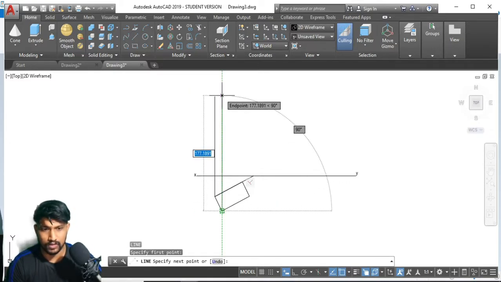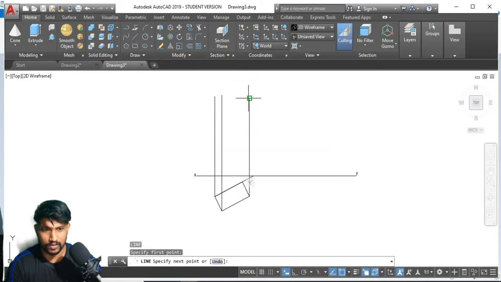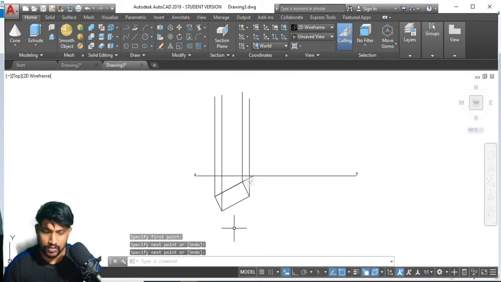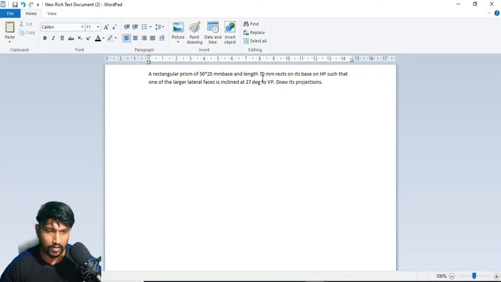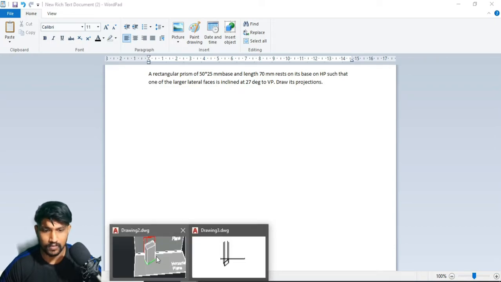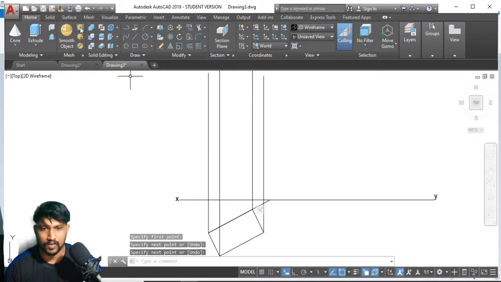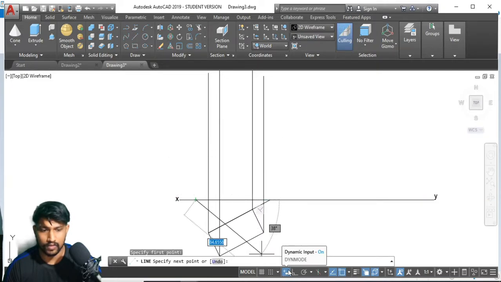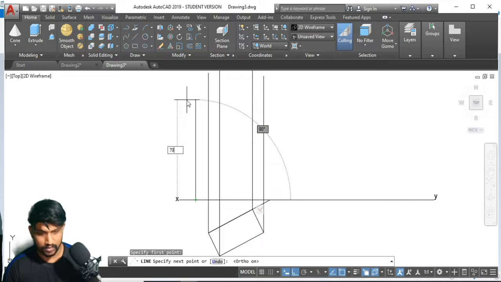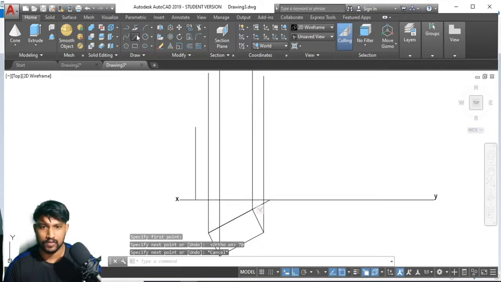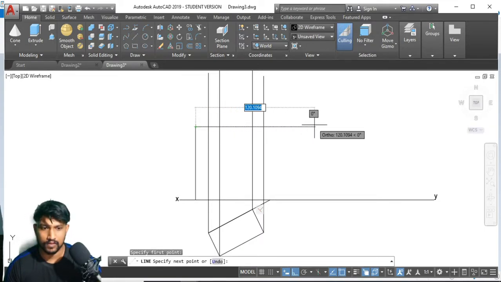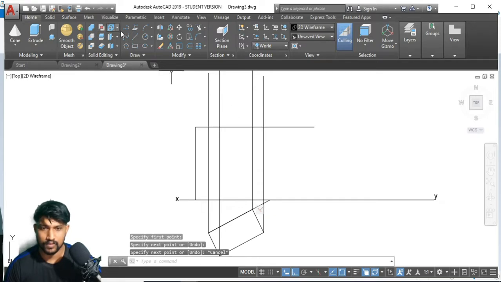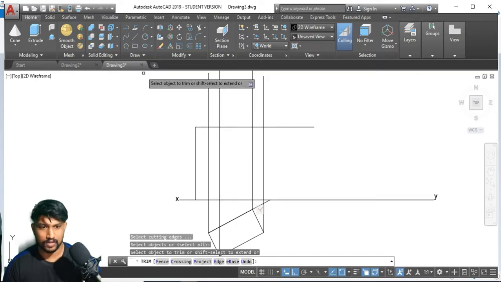Let me first draw all the projections. It has a height of 70 mm, so let me draw a line of height 70. We don't need these extended portions.